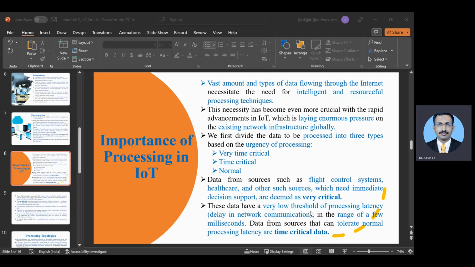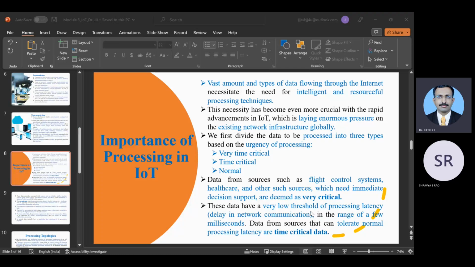So we are going to discuss the importance of processing of IoT, the second topic of this module. When you have a certain set of data, and last class we saw the information on data and the different formats, the importance of processing the data is also very important. In some cases you need to transfer the data at a faster pace. In some cases the applications may not be that